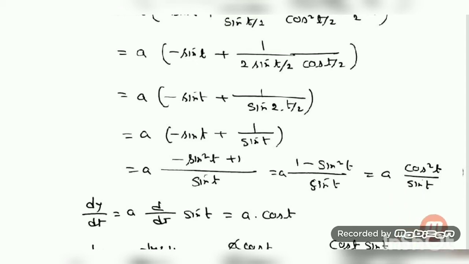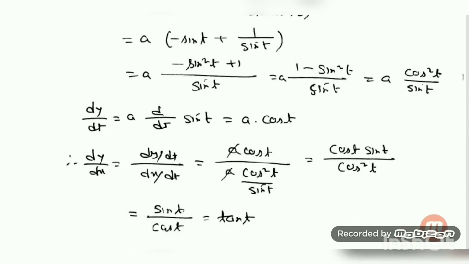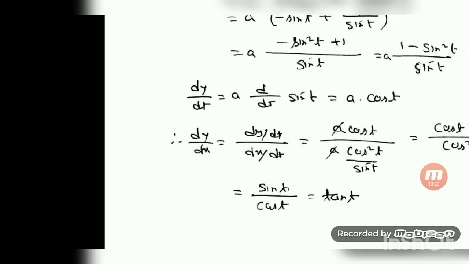Now we are going to find dy/dt. What is dy/dt? d/dt of a comes common outside, d/dt of sin t, and this is equal to cos t. Now write down dy/dx. What is dy/dx? dy/dt by dx/dt, which is the dy/dt value a cos t, and this one is equal to what? This value. On taking the reciprocal, we will have cos t in the numerator, sin t by cos square t. Cos t one will be cancelled out. Sin t by cos t will be left. Sin t by cos t is equal to what? Tan t. So this question is completed.